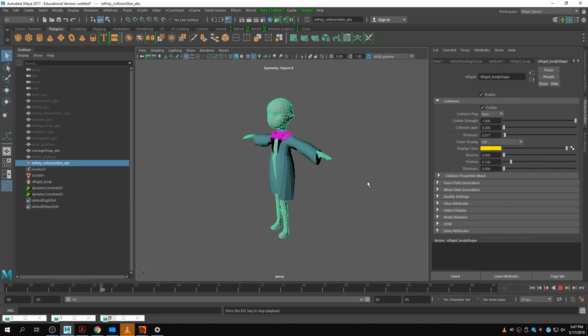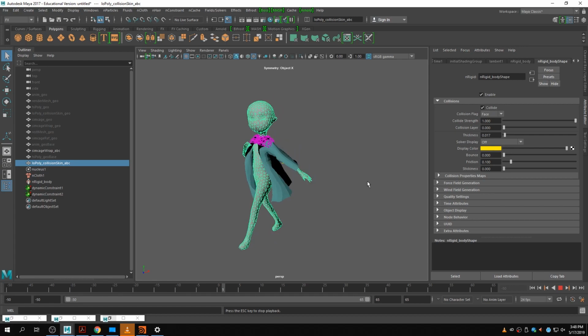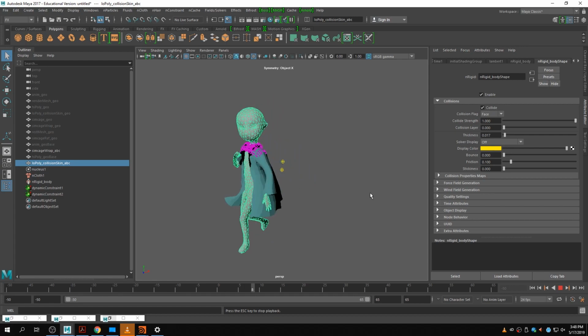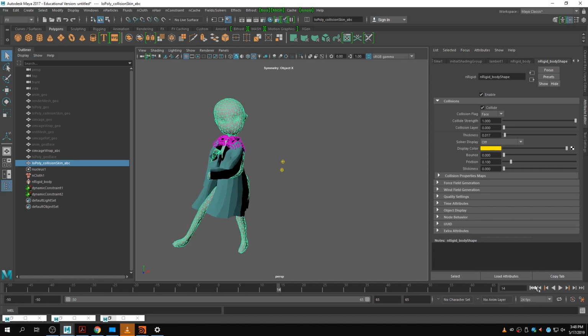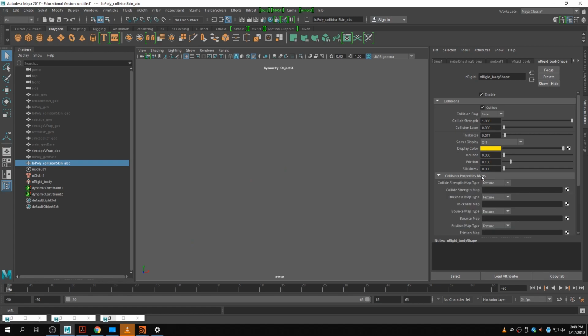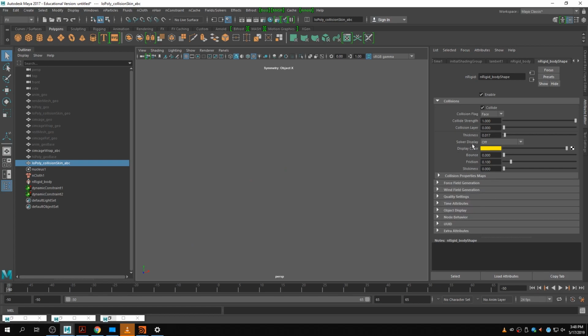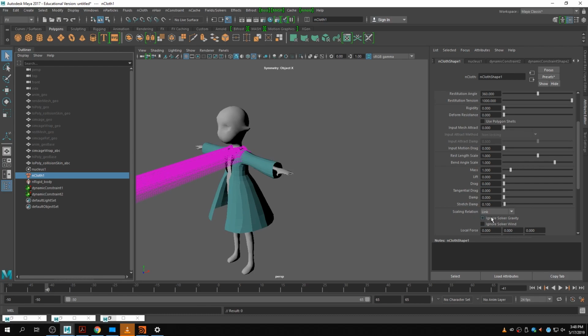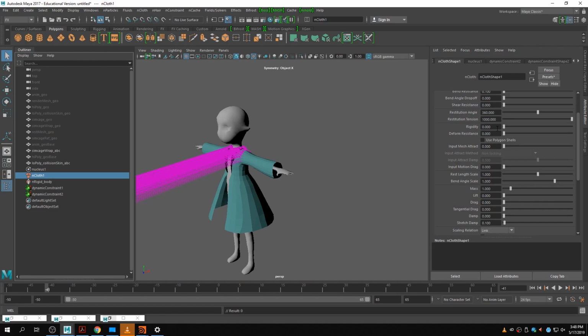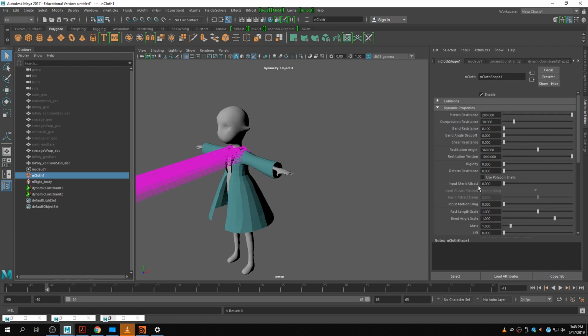Okay, so now it looks like it's actually gonna stick to her shoulders, which is nice, but it's still falling off of her arms, which is no good, and it's still really, really floppy. So we're going to... where did our dynamics go? There they are. Okay, back here. And what's next? Okay, so the next thing we probably want to mess with is,